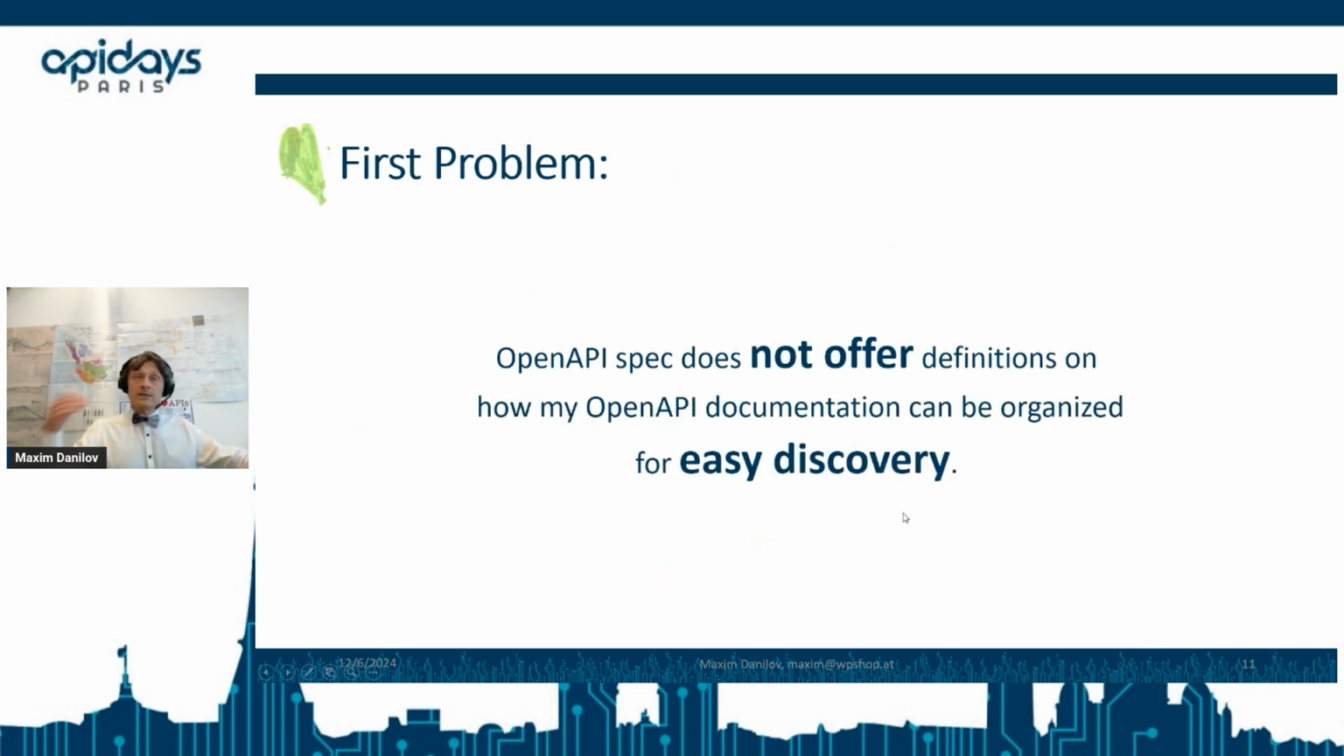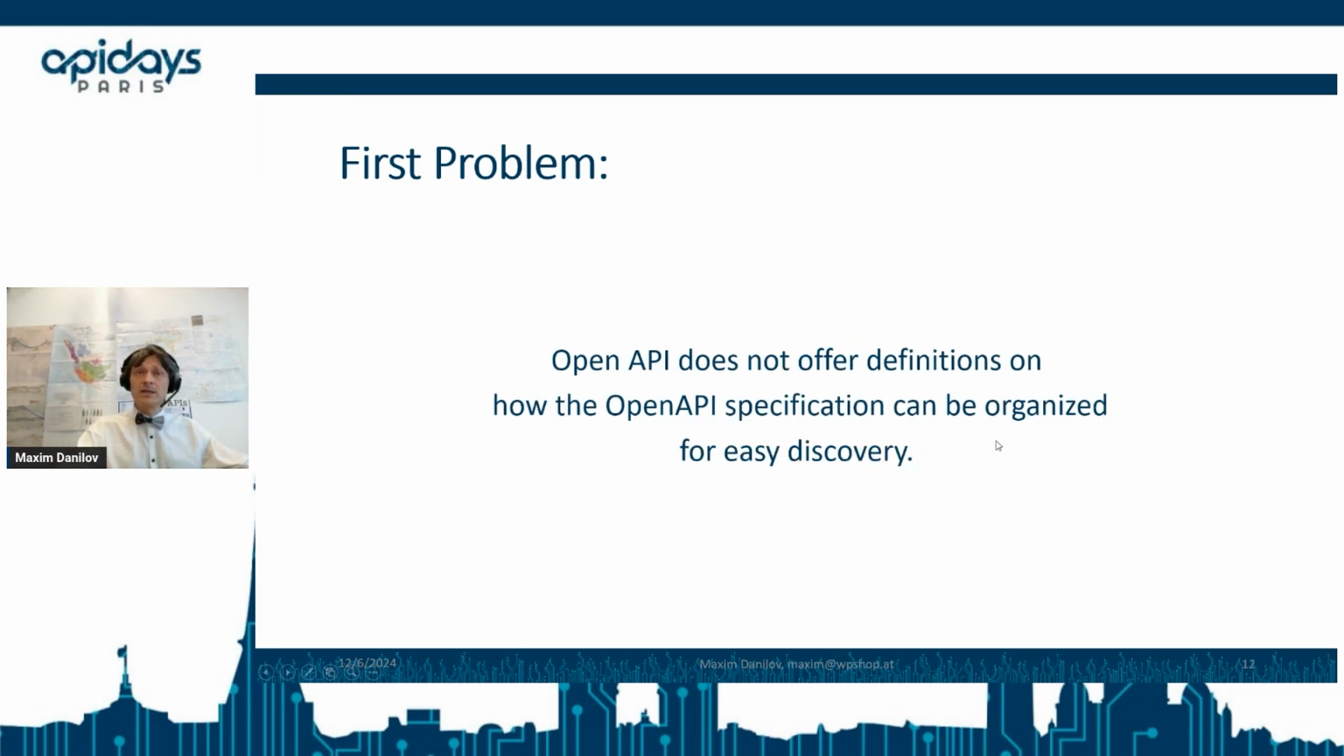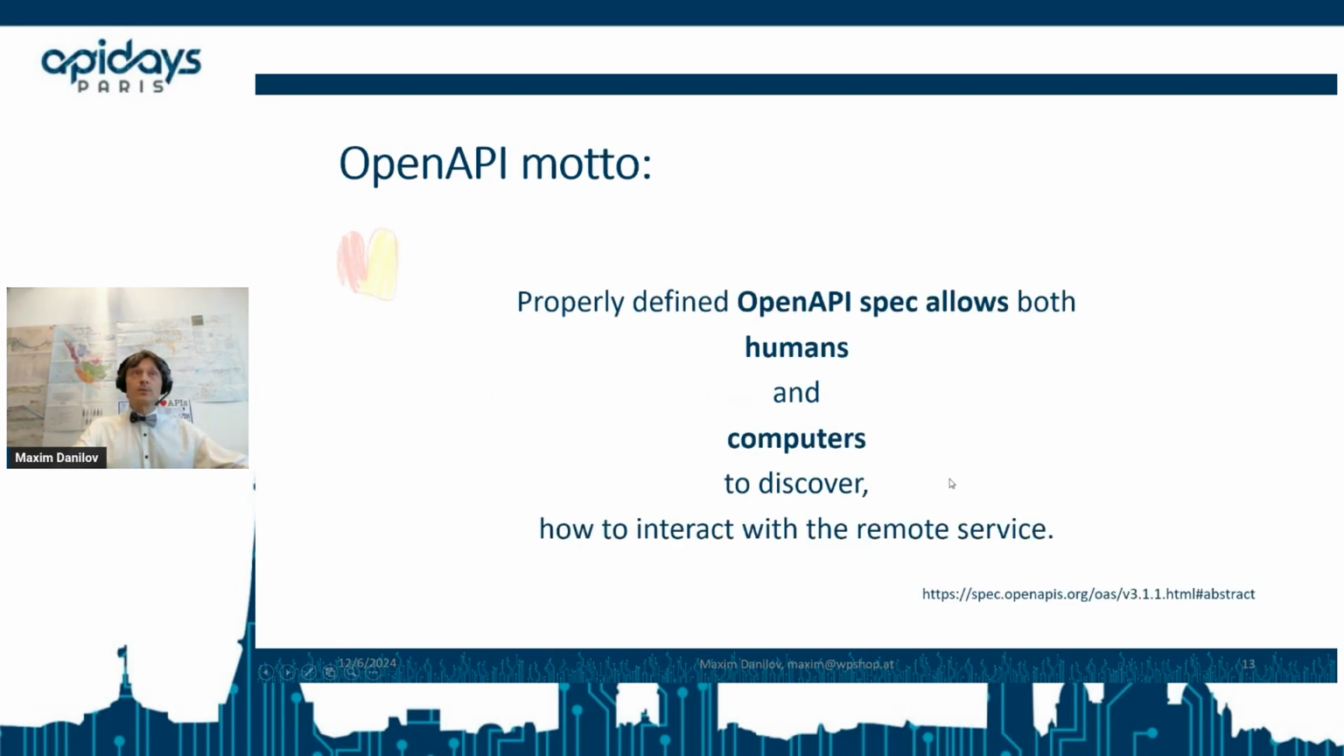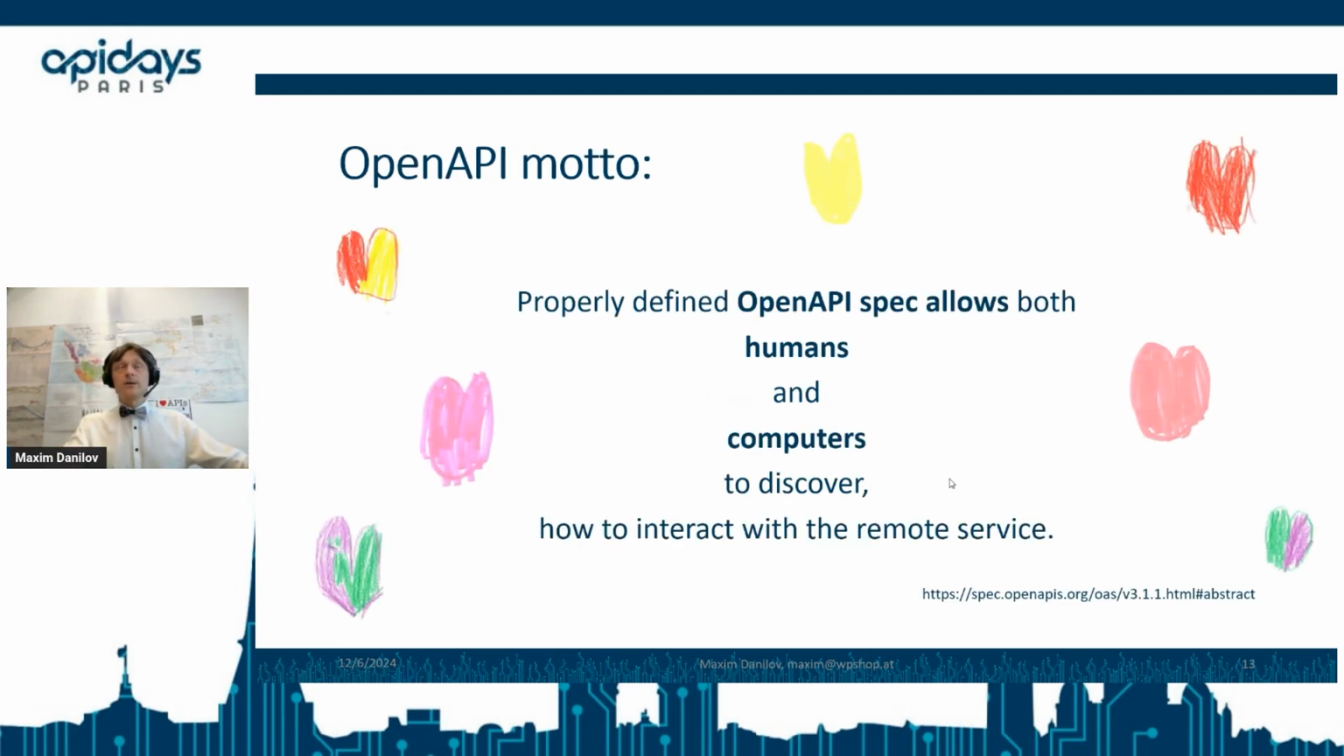That's why it's a first problem. The OpenAPI specification does not offer a definition on how my OpenAPI documentation can be organized for easy discovery. We don't have any standards or any recommendations for that. And this is the first problem. Go back to the OpenAPI motto: properly defined OpenAPI specification documentation allows both humans and computers